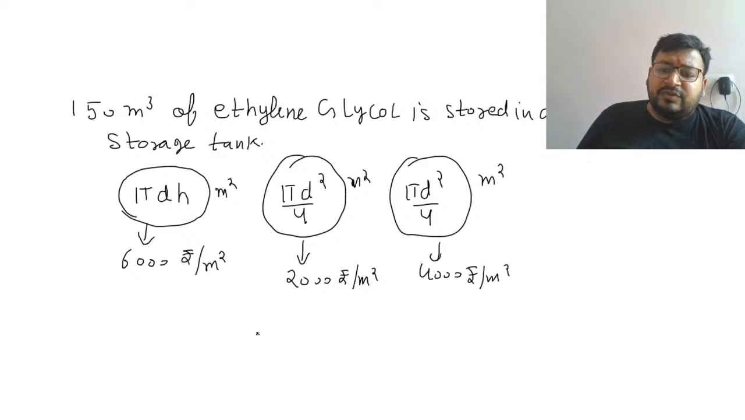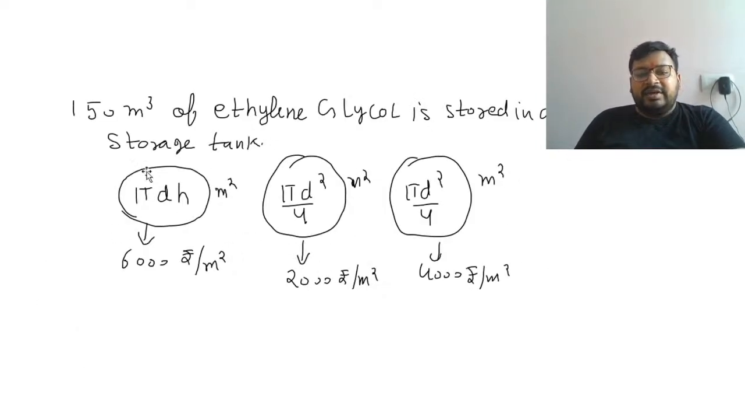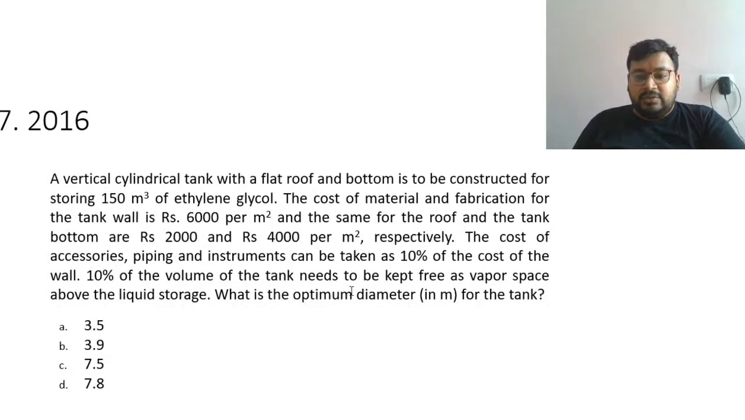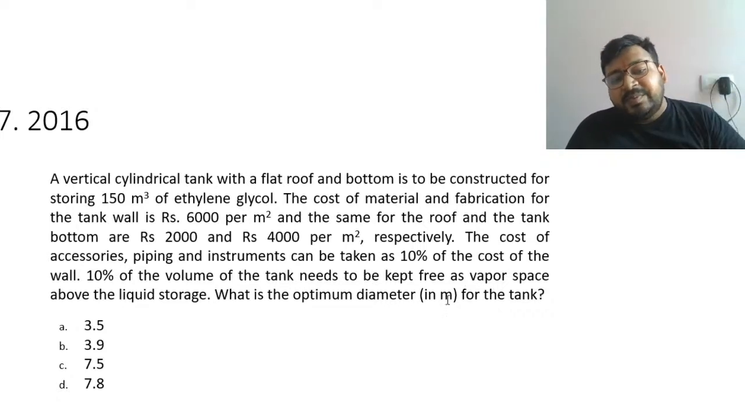So total cost function can be easily determined. Now the cost of accessories, pipings and instruments can be taken as 10% of the cost of the wall. So whatever cost comes for the wall, 10% of that will be the extra piping and instrumentation cost. Now 10% of the volume of the tank needs to be kept free as vapor space above